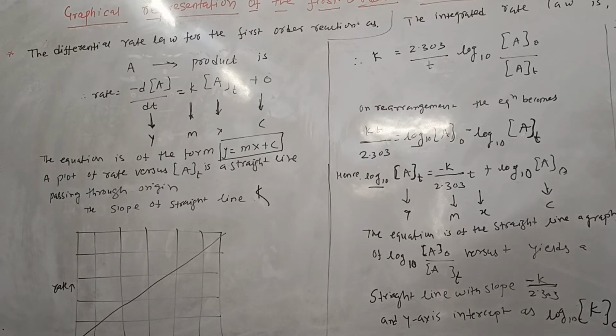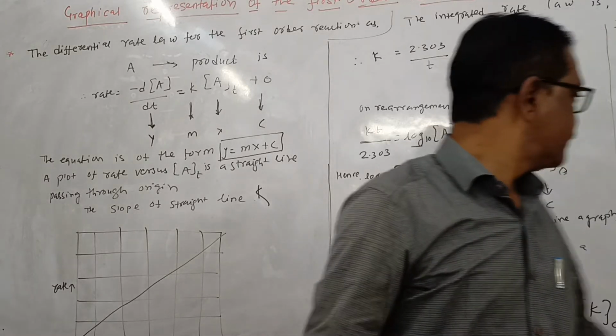The equation has a straight line form, y is equal to m into x. For example, a first order reaction: